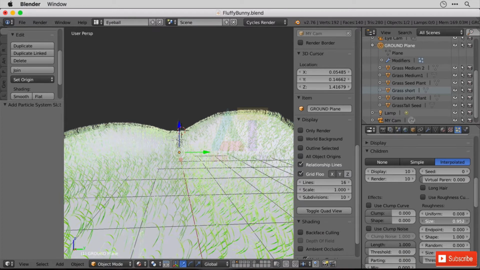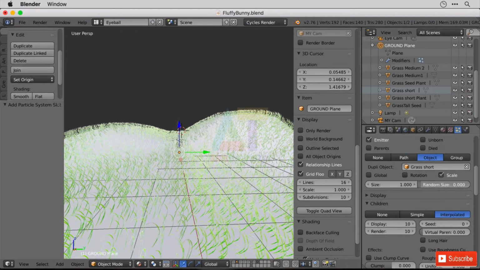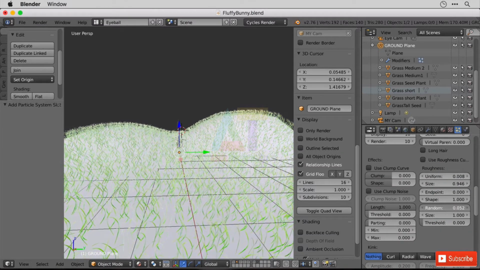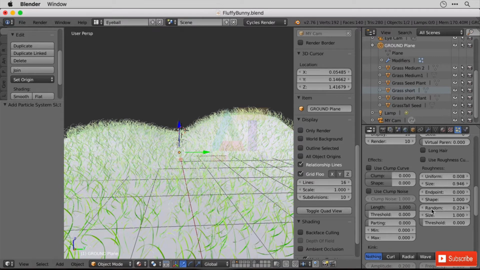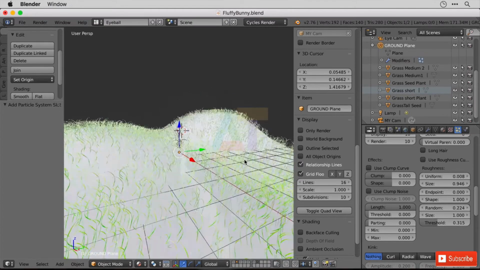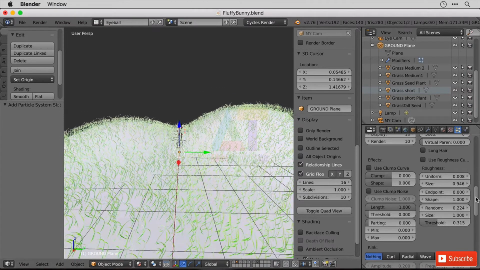randomness to it, change the size. I'm even going to up the random size. I'm going to make sure there's lots of that. And random here, well, I'm going to increase that significantly, and I'm going to just change the threshold so we get some bits sticking out more than others. So about 35% of the grass blades are now completely random. Not random. Not random. There we go. It's the right way around. Okay, so I'm going to leave that like that for the moment and start adding another